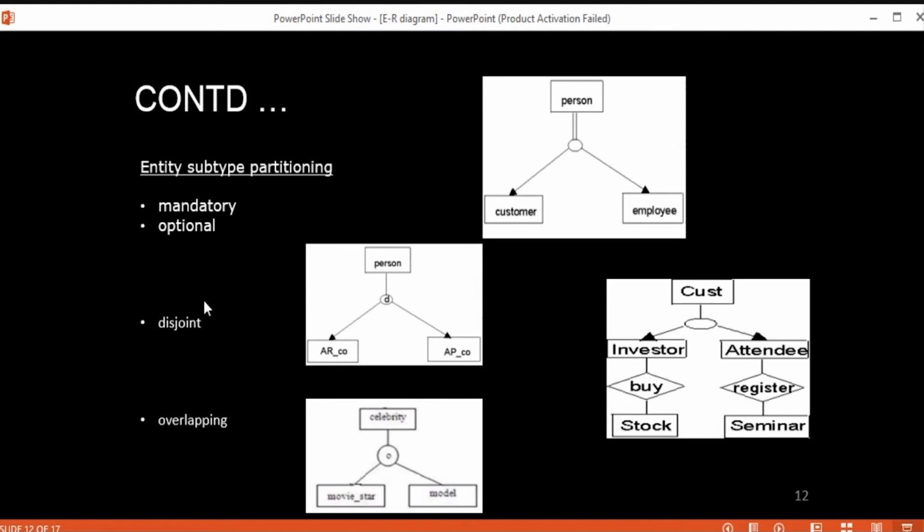Disjoint subtypes are represented by putting D in the circle, and overlapping subtypes are represented by putting O in the circle, as you can see in this particular diagram.